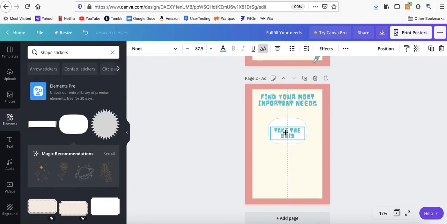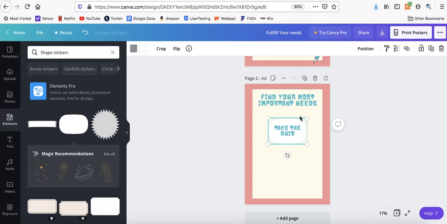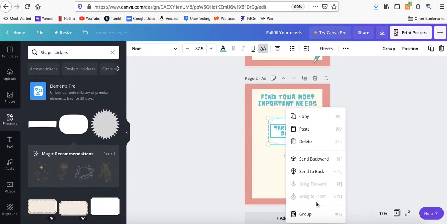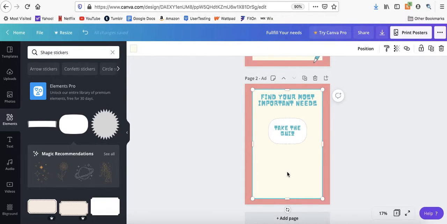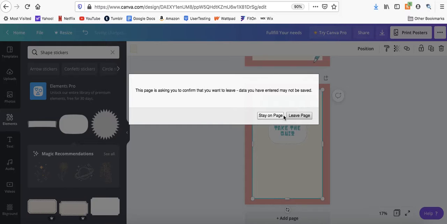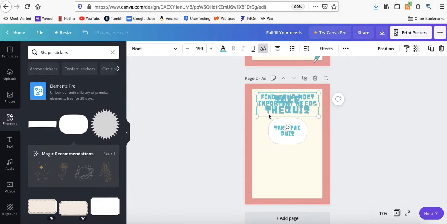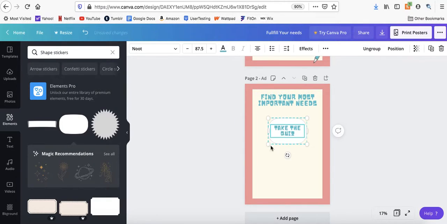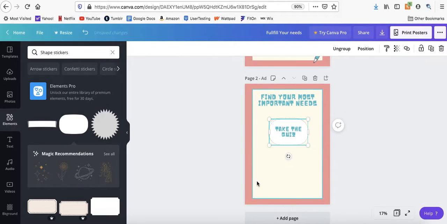So we're going to put take the quiz here, and then I'm going to add in something that looks just like this. Oh, that's not what I wanted. Cooperating with this is sometimes difficult. There we go. Alright. Create another one of these down here.